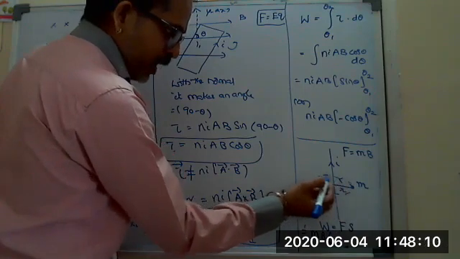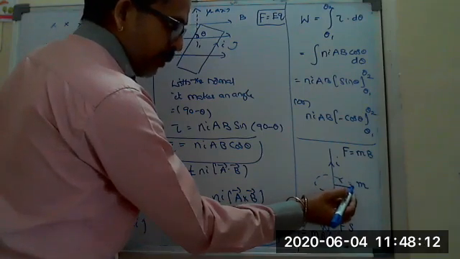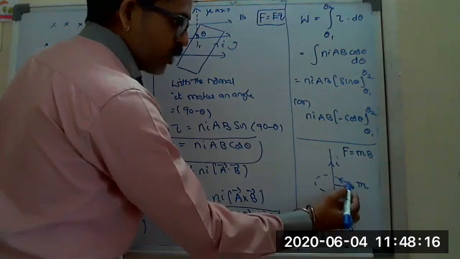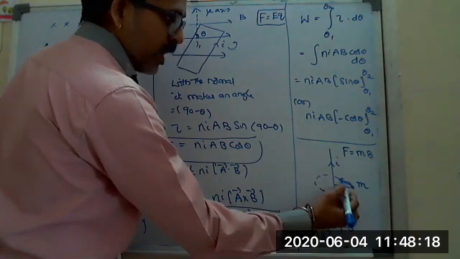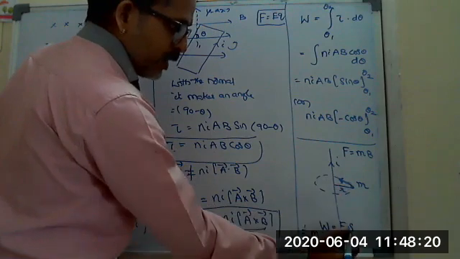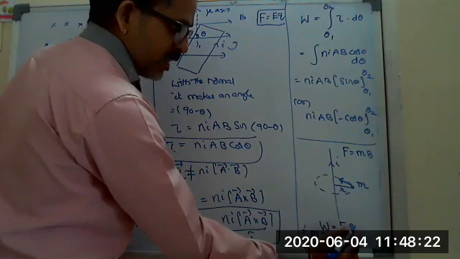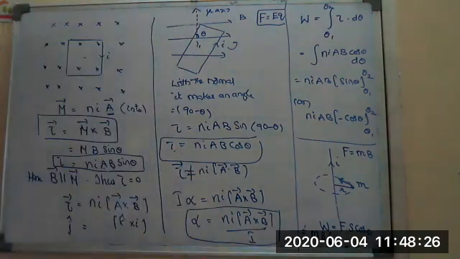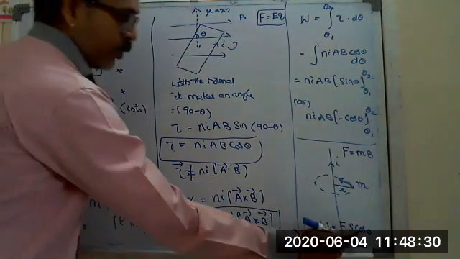Look at now, I am moving along the circular path, which means displacement is along the circular path. Force is also along the circular path. Both are in the same direction. So in the dot product, theta is equals to 0 degrees. So here I write cos 0. Cos 0 is equals to 1. So you will get F into S.